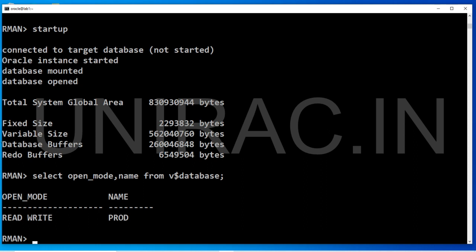So this is a new role in 12c which you can segregate the administration and backup operations. So sysdba has administrative privileges and sys backup has only backup operations. So we have been segregated sysdba and sys backup using two roles.